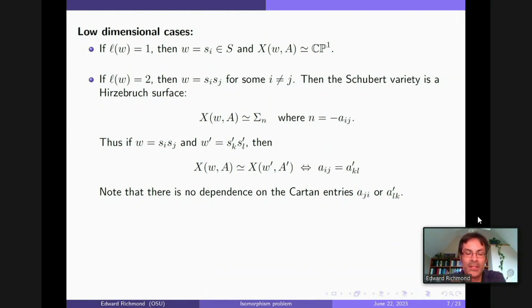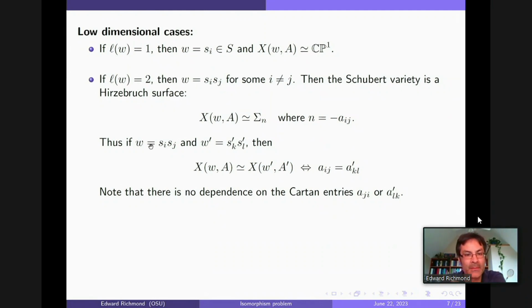This is something that with just a little bit of work you can see. Basically, Hirzebruch surfaces, in terms of their algebraic isomorphism classes, are indexed by non-negative integers. They can be 0. So in this case, if I have two-dimensional Schubert varieties, one given by i and j, the other one given by k and l, then they're going to be isomorphic. They're going to give you the same Hirzebruch surface if and only if the corresponding Cartan entries, Aij and Akl, are going to be the same,